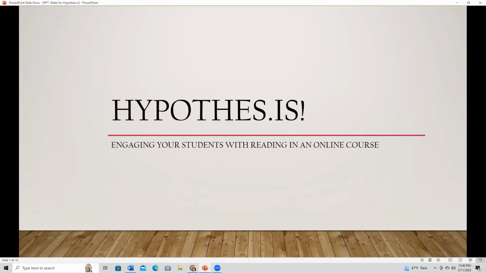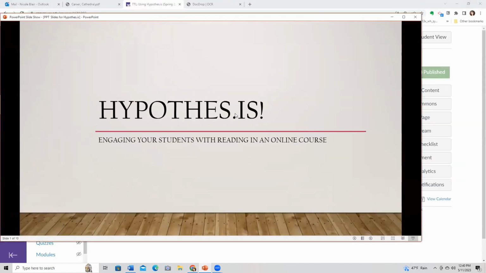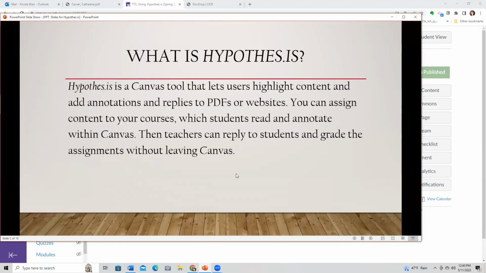This is probably a good point to say that, compared to Google Docs, one of the reasons Hypothesis is the standard is because the threading of comments and the ability to use other media in annotations is non-existent on Google Docs. Hypothesis is a tool designed for collaborative annotation, whereas Google Docs is more designed for commenting. Right, I would agree with that. And that's that social aspect that really makes Hypothesis so wonderful for students.